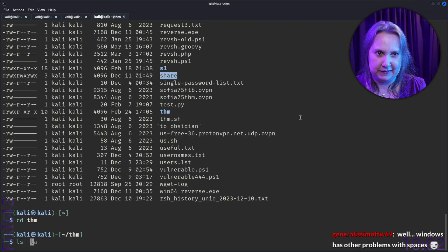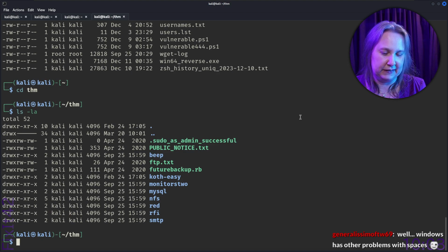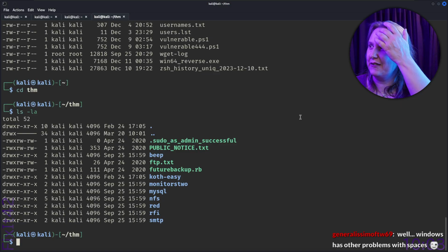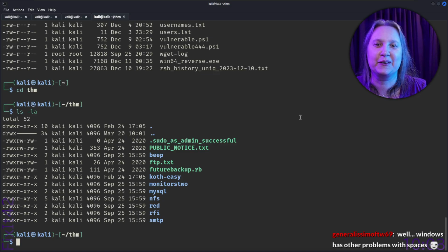Well, see. Windows has other problems with spaces. Smile, smile. Yeah, of course, everything, but I wouldn't call it Windows. I would call it like Command DOS or whatever. And of course, it's different. I'm not sure in PowerShell how it handles cd no space dot dot.